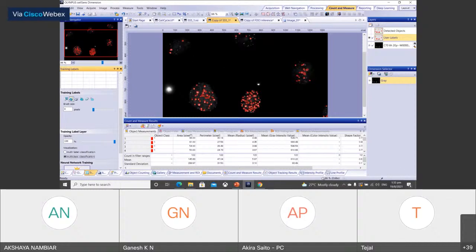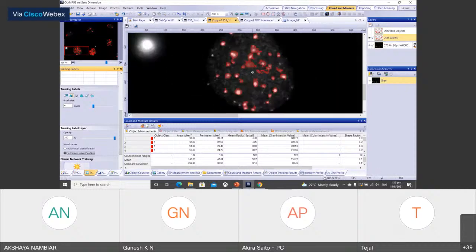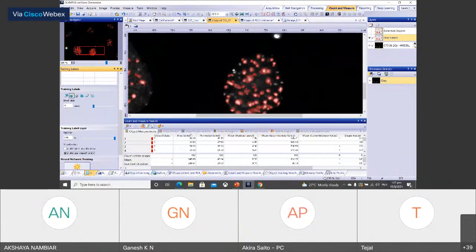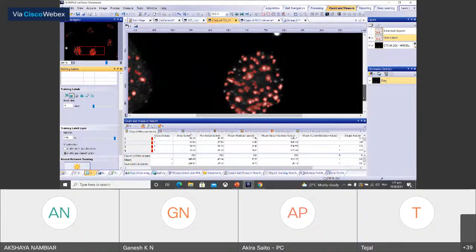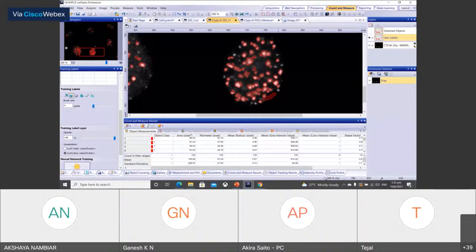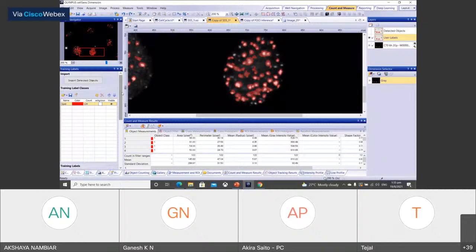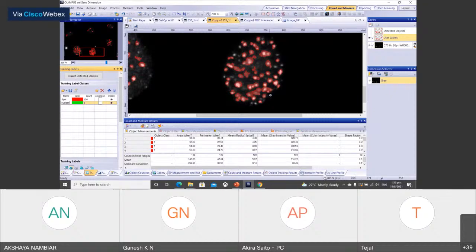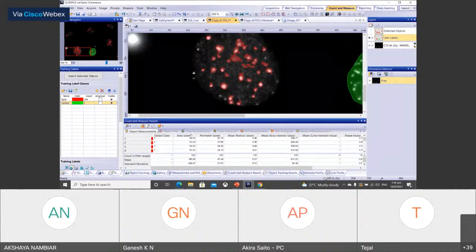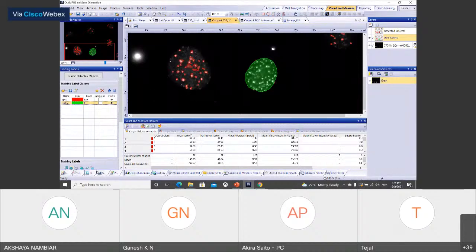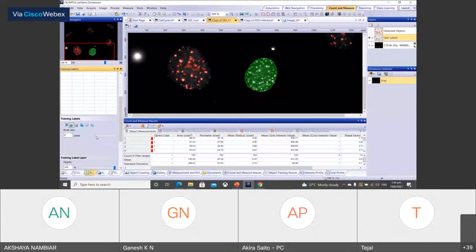It is a bit difficult to do this using the threshold, because for this nucleus, I think the nucleus is like this, and it is quite difficult to use the intensity information to identify where the nucleus itself is.